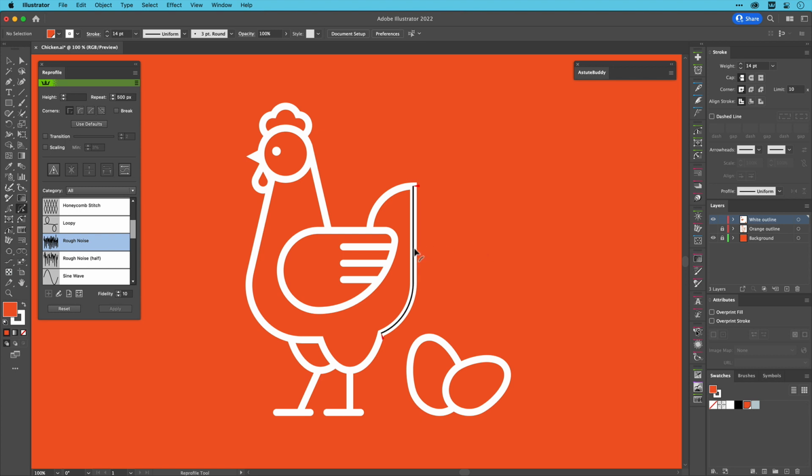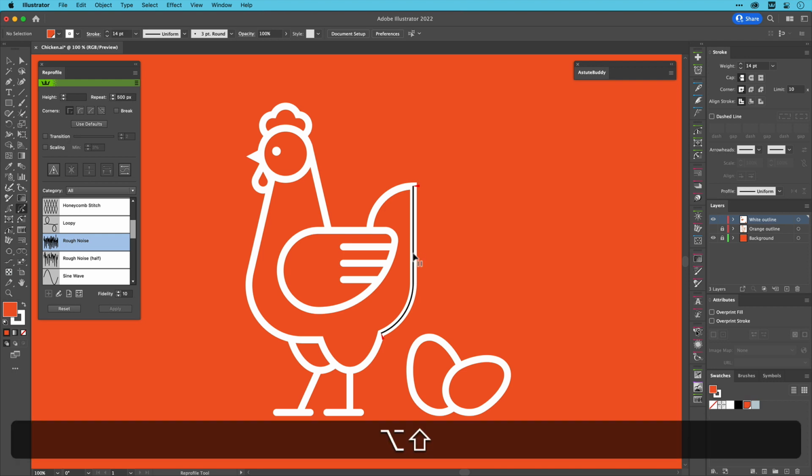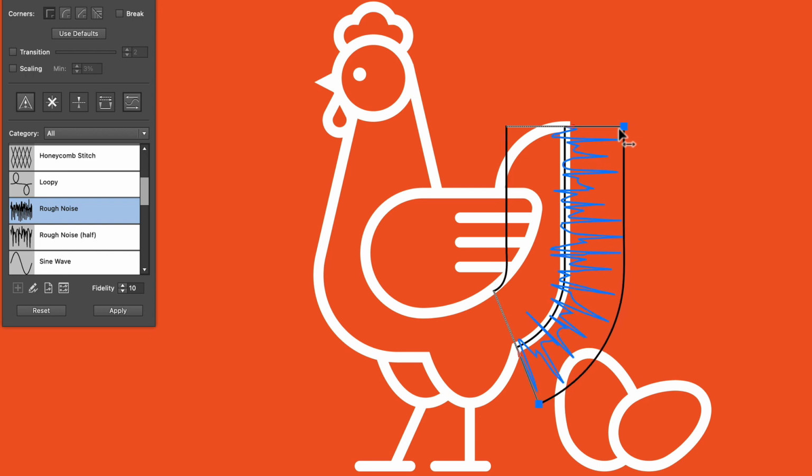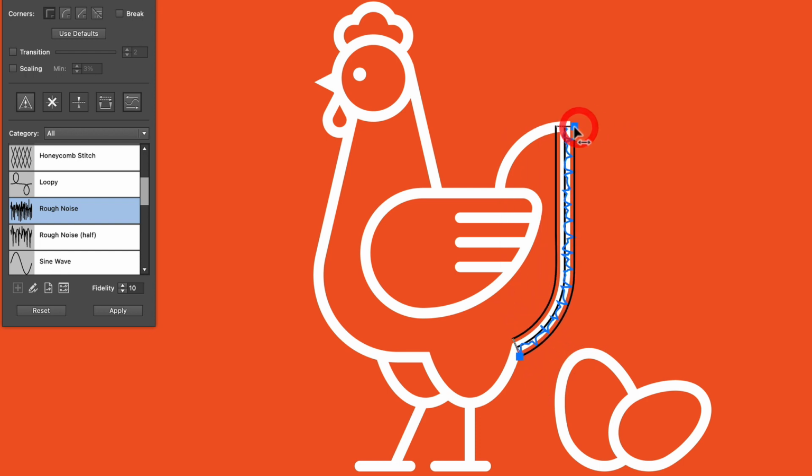The third and final method is constant offset, which is applicable to both open and closed paths. In this mode, which is accessible by holding down both the Shift and Option Alt key modifiers whilst dragging out the first reprofile offset, two same offset markers are automatically added to the extent of the reprofile section. In this example, when applying it to the chicken body, the chosen repeating profile is consistently offset, only ending at the next corner point.